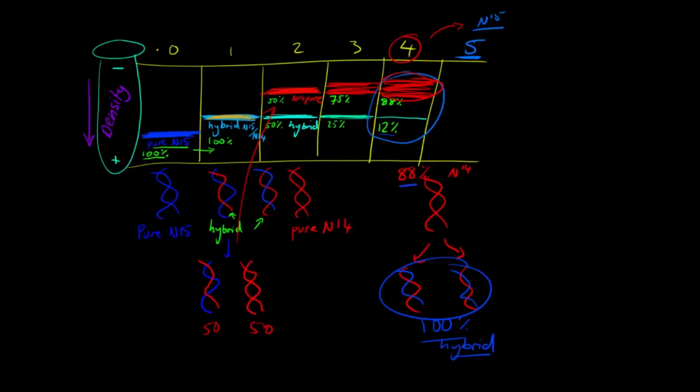So if we were to draw it, I'm not going to draw it yet, bear that in mind, we'll put that on the back burner. Now let's focus on this current 12% hybrid, what's going to happen to it. So we've got this, oh whoops, let's get the red. This is our hybrid DNA in this part of the E. coli, in this colony of E. coli, and so that's going to separate, and we're going to have